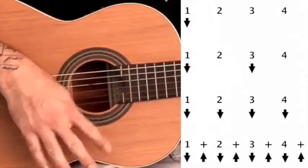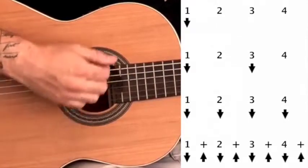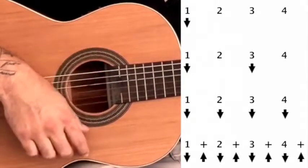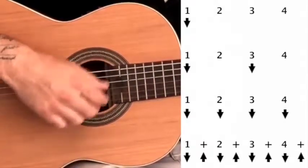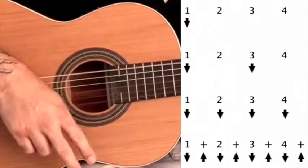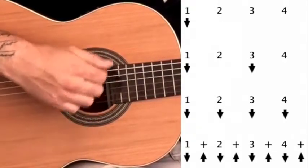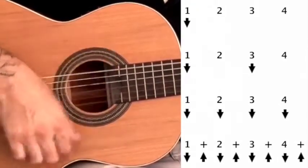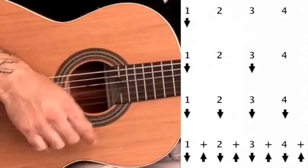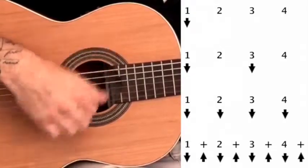1, 2, 3, 4. 1, 2, 3, 4. 1, 2, 3, 4. 1 and 2 and 3 and 4 and 1, 2, 3, 4. 1, 2, 3, 4. 1, 2, 3, 4. 1 and 2 and 3 and 4 and 1, 2, 3, 4. 1, 2, 3, 4. 1, 2, 3, 4. 1 and 2 and 3 and 4 and 1, 2, 3, 4. 1, 2, 3, 4. 1, 2, 3, 4. 1 and 2 and 3 and 4